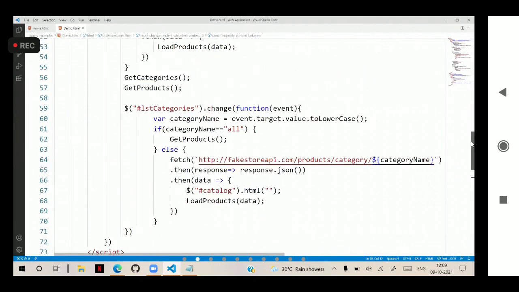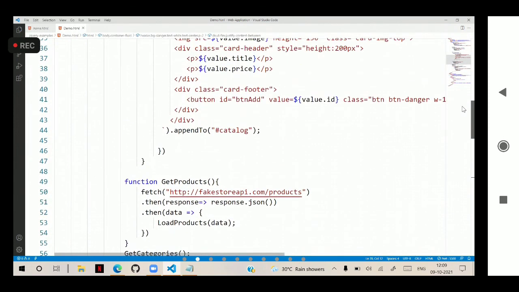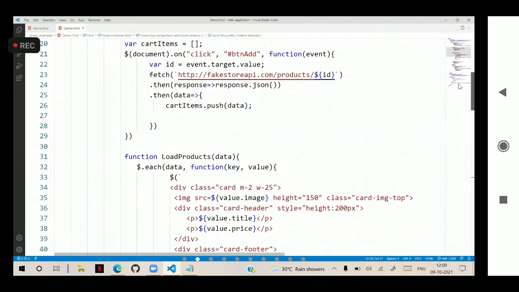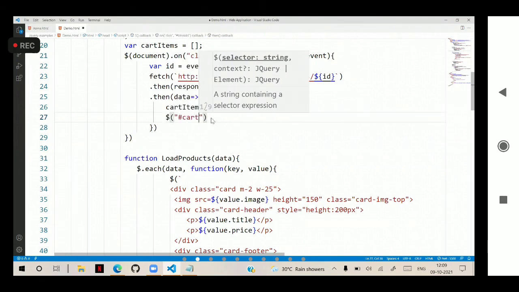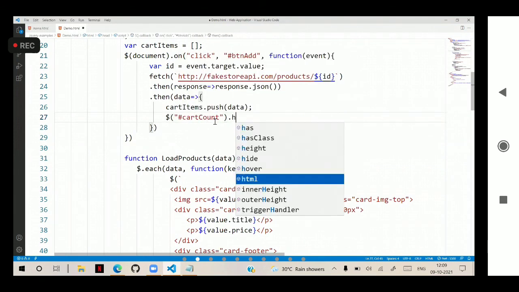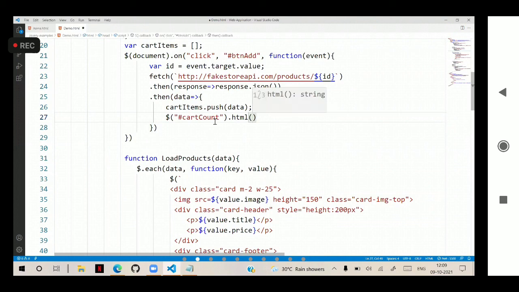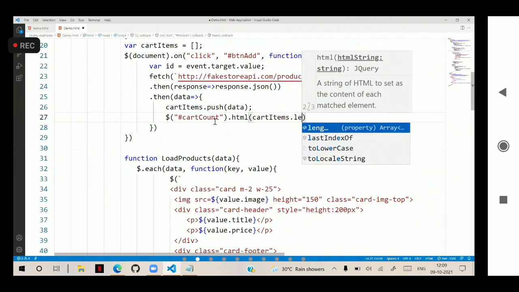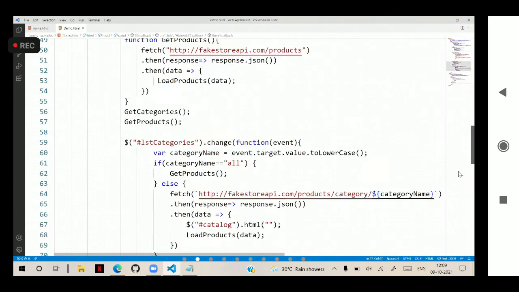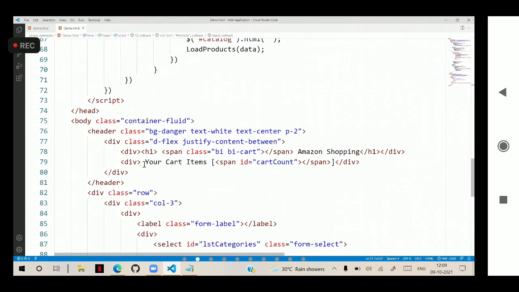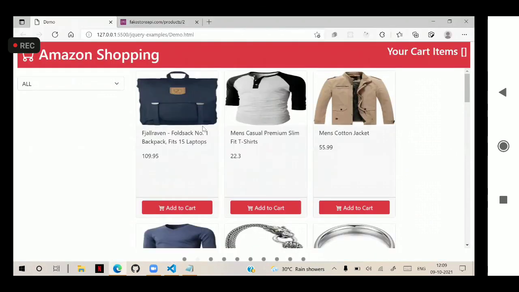Then here we are writing the logic: push, and $('#cartCount').html, it should display the cartItems.length. It should get how many items are there in the cart and display it. Temporarily, I will keep this as heading 3, so roughly I'm just keeping that.